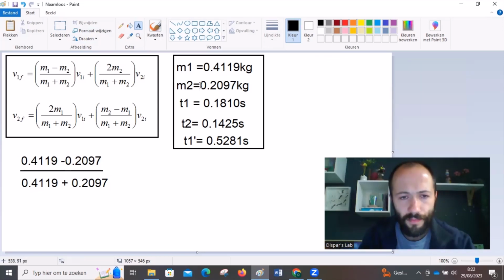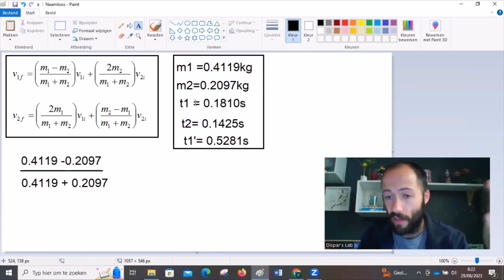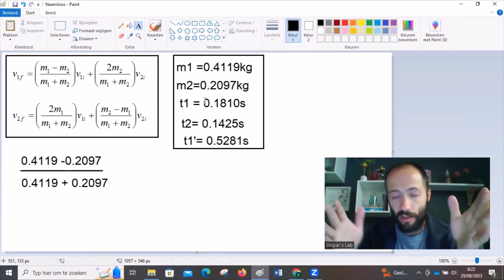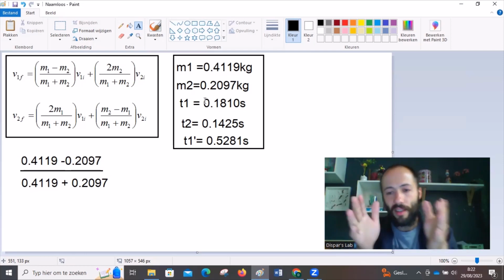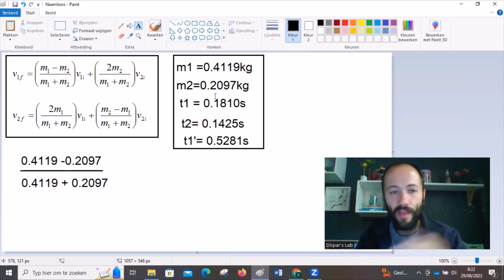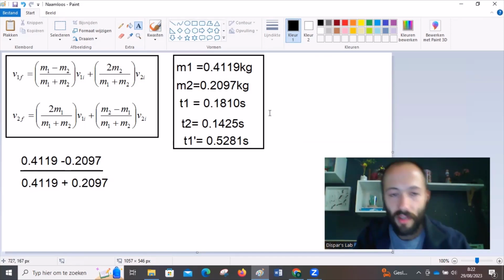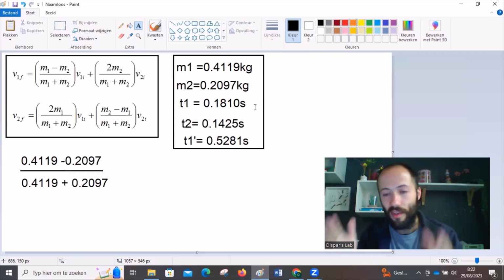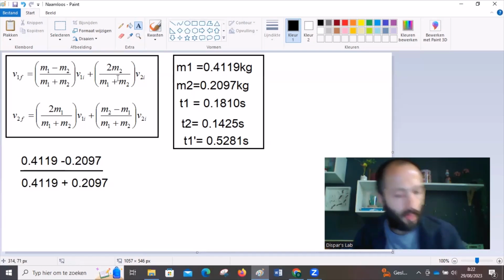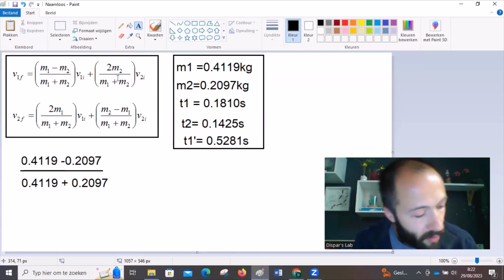In order to calculate the velocity, we have to do distance divided by time. We need to know the length of the cards. It doesn't really matter whether the lengths are 5 centimeters or 10 centimeters. If we divide 5 over all these timings, or we take 10 centimeters as the length and divide it over all these timings, the ratios will be the same. So let's take 10 centimeters as the length of the card, because we don't know what the lengths are. I didn't measure it. So let me just quickly calculate it on my phone.